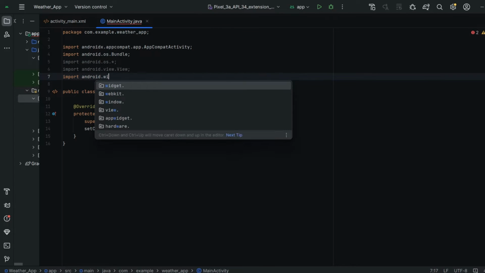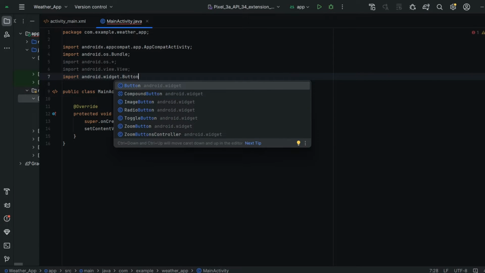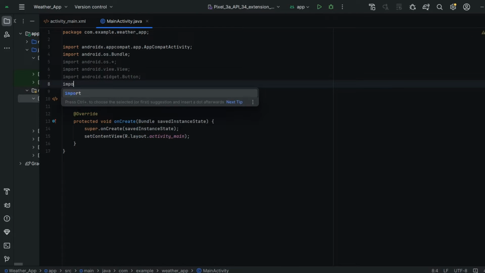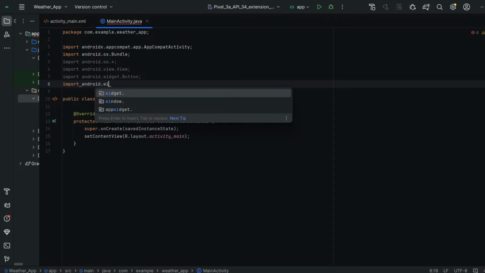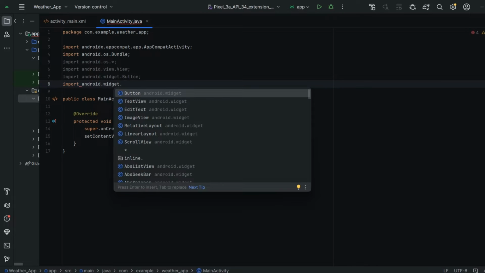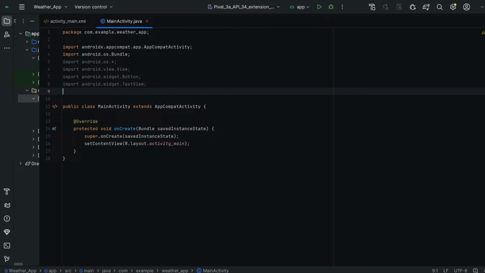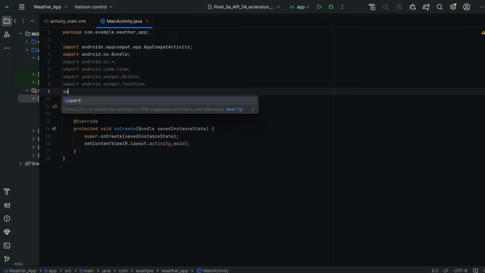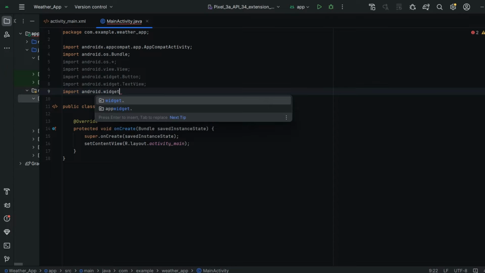Import android.widget.Button. So this is for creating the button. Next was import android.widget.TextView. So we created text view, right, for getting those text views here into our Java. So we need this package. So next one was Toast, guys. Toast was helpful for displaying small alert type messages. You will see, guys, don't worry, you will see while we are writing the Java code. android.widget.Toast.